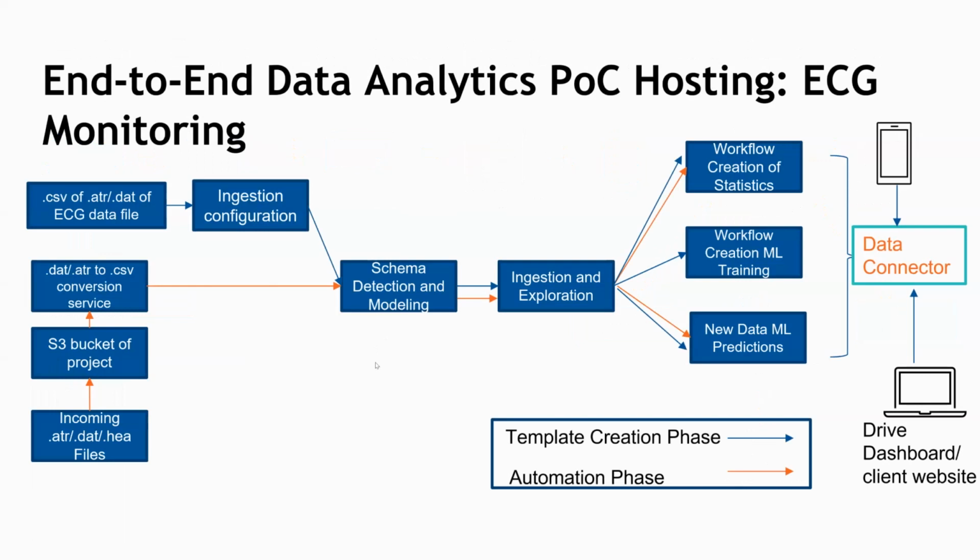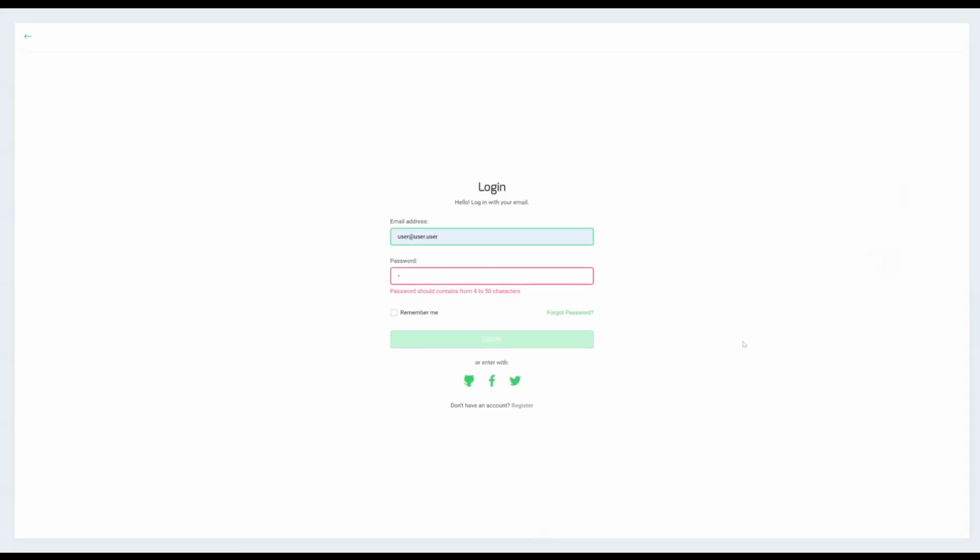Template phase sets up the whole workflow end to end using the CSV files. During the automation phase, the whole manual work that we set up for the templating is automated end to end. This will make it worthwhile if we go through a quick demo. And stick around till the end, folks, because we will go through each and every feature. So let's get right into the demo of an ECG monitoring use case for telehealth.